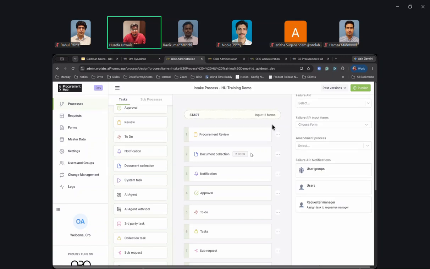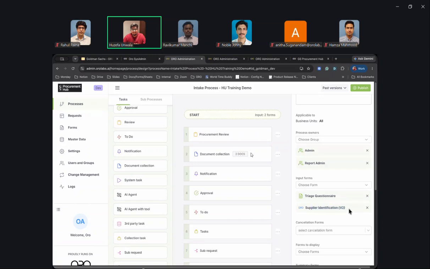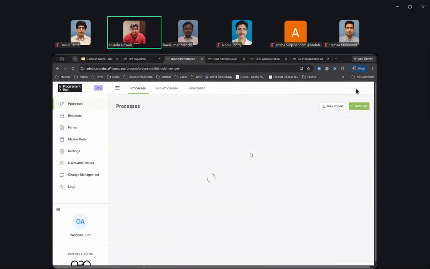So you'll notice that if I have two forms as input, I have added the standard form here, but this is something that the requester will fill out. That's why you don't see the configure or settings icon here. You will see it when you map that form in the request, at the stage where the requester needs to fill it out. So you can publish this, for example, and when you create a request for it,